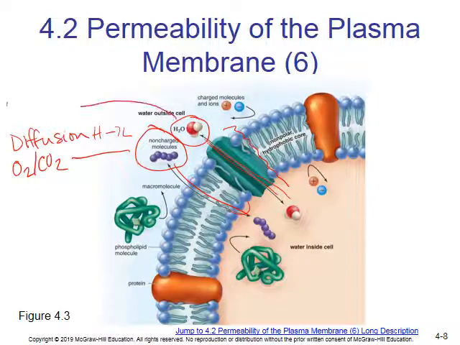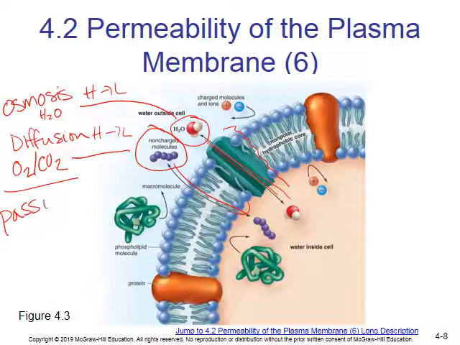But water moving, this is osmosis. Water is moving from high to low concentration, but it's based more on the solutes. So water is always going to where the solute is highest. And so the example would be water. Both of these processes, we're going to learn, are called passive. There's no ATP required. Now, if I have a charged molecule,